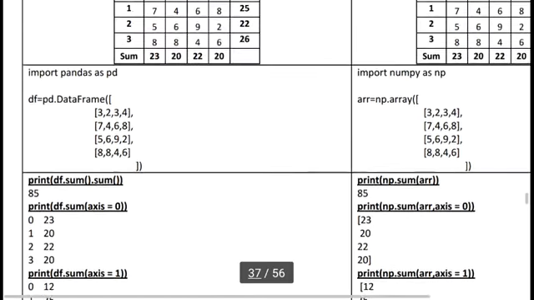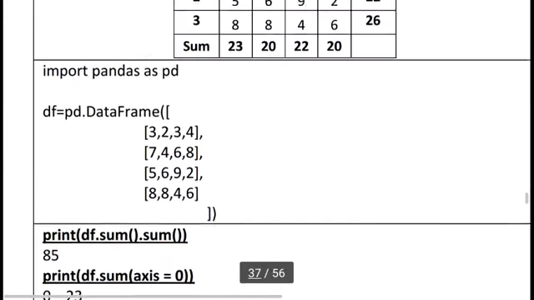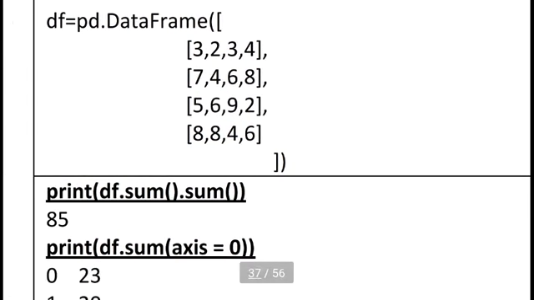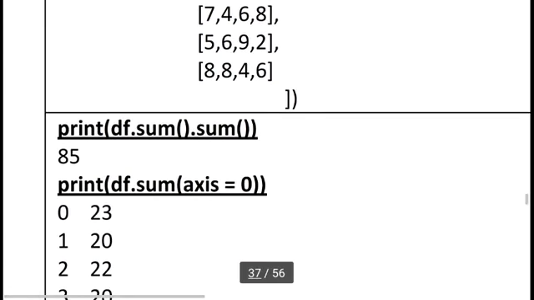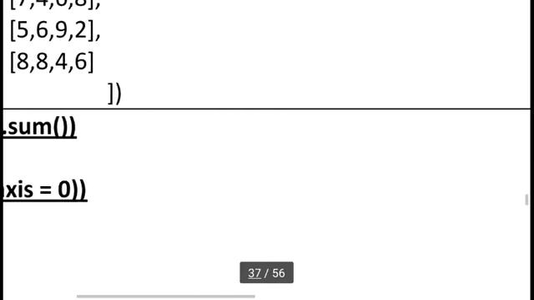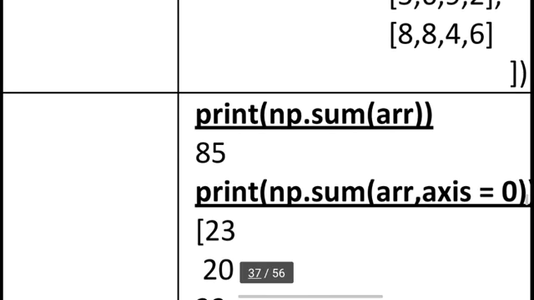But suppose I want to sum all the values of this 2D data frame. Here I am using df.sum. First it performs a vertical sum, then .sum again, so all the results of the vertical sum are summed again. It gives the complete sum of the entire data frame, df.sum, 85. Here I am using np.sum on the array.